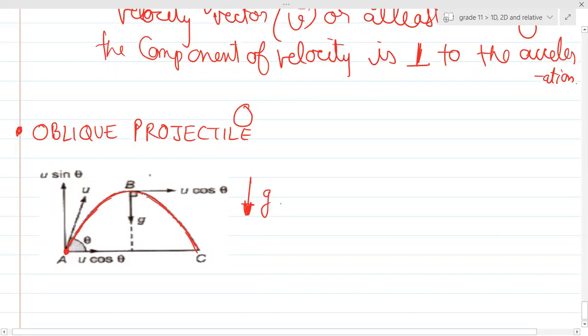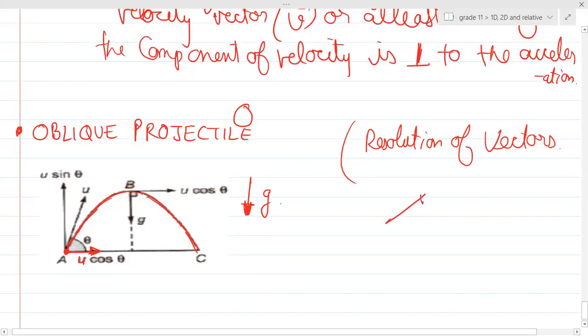So how do you deal with this projectile motion? Can you see over here at this initial point, if you have thrown it with this velocity, can I resolve this velocity into two vectors? So can you see this u cos theta over here and u sin theta over here? Guys, are you clear in the resolution of vectors? Is everyone clear about the resolution of vectors?